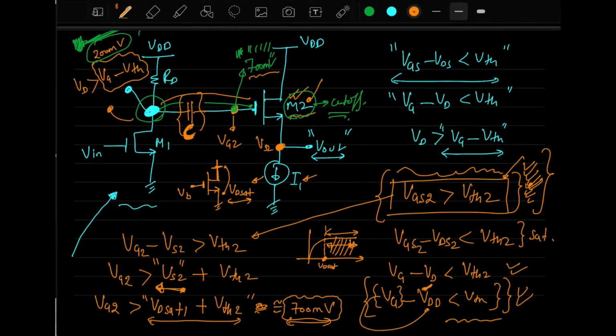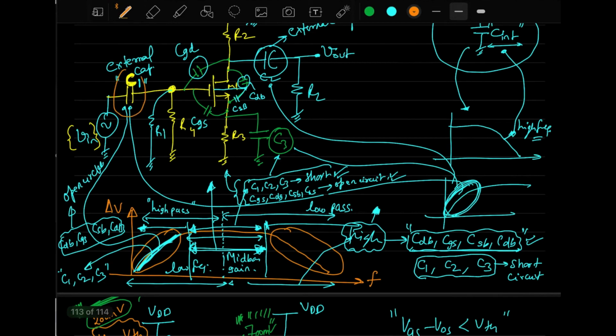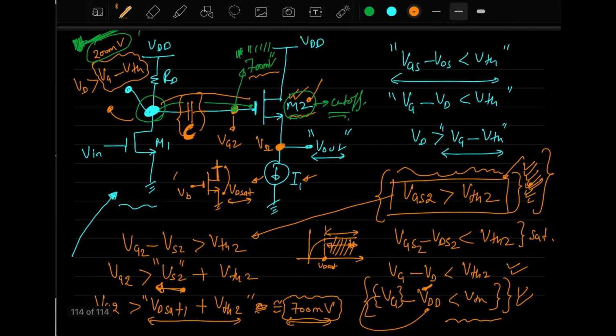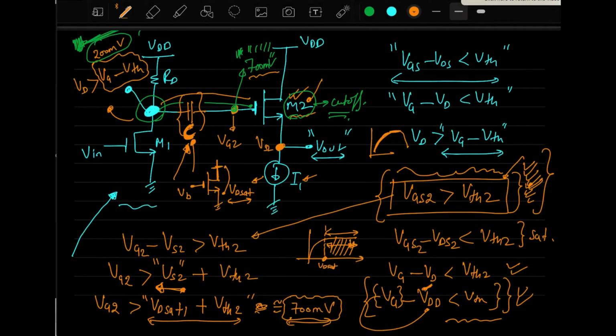And you can observe that this type of topology, in some way or the other, resembles the external capacitances that we are applying here. You see, we are applying external capacitances from outside. So this is also an external capacitance that we are applying, and this type of capacitance is responsible for the low frequency behavior of the gain. So this is the second point I wanted to tell you. You can find these types of practical scenarios. So any questions regarding this discussion?